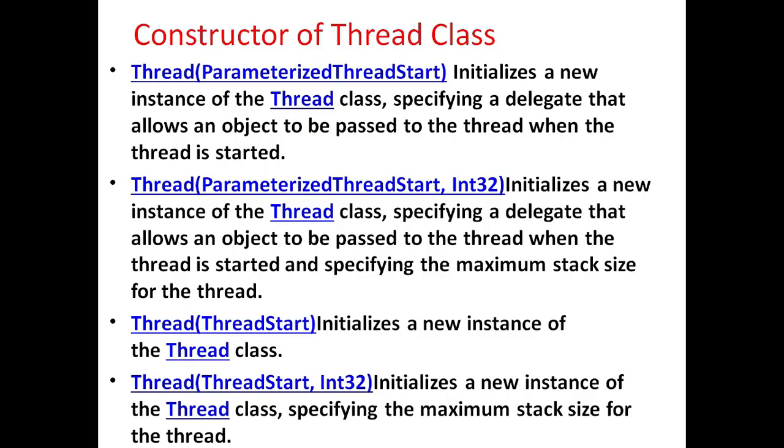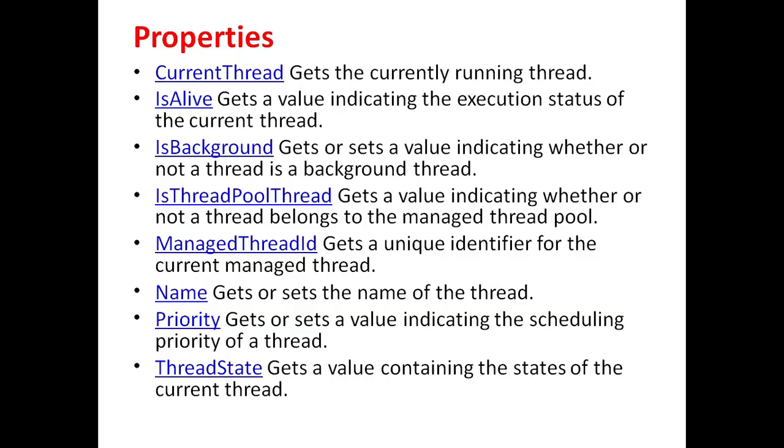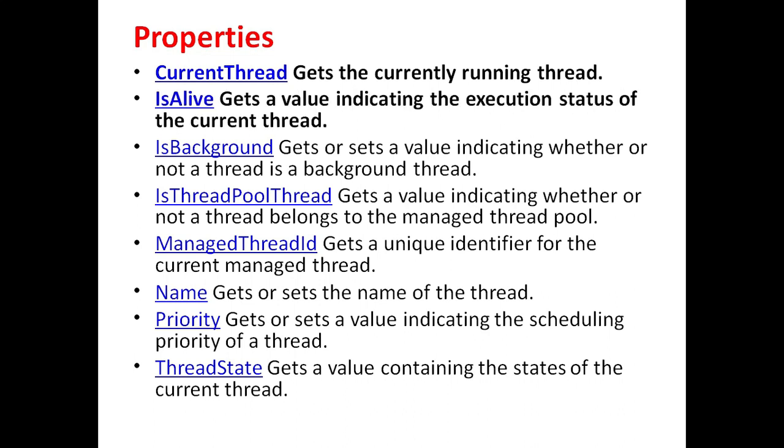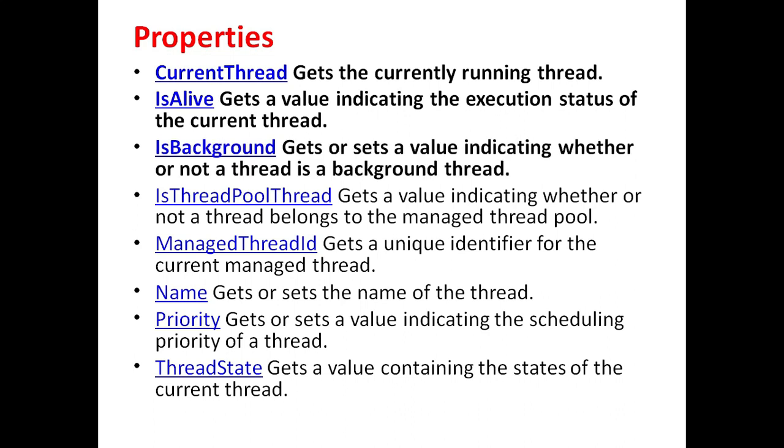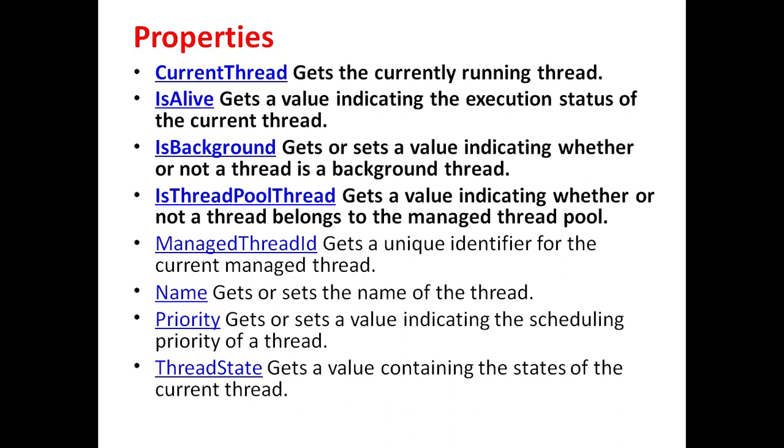size for the thread. Then different properties of the Thread class are: CurrentThread, which gets the currently running thread; IsAlive, which gets a value indicating the execution status of the current thread; IsBackground, which gets or sets a value indicating whether or not a thread is a background thread;